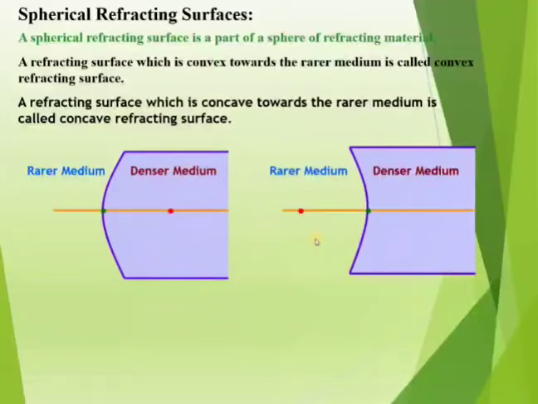Let's understand the basic points. This point P, which is the middle point of the surface, is known as the pole, and this is a part of a sphere, and every sphere has a center, so this is known as the center of curvature. Very similarly, for the concave surface, P is the pole and C is the center of curvature. For a convex surface, the center of curvature lies on the right side in this arrangement, and for a concave surface, the center of curvature lies on the left side in this right-hand arrangement. The distance between the pole and the center of curvature is known as the radius of curvature.